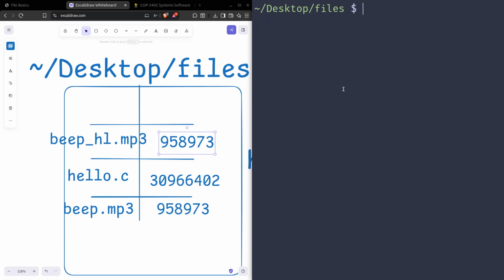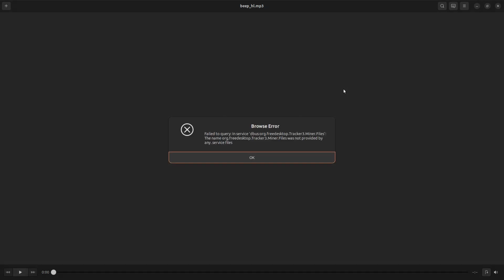And what's cool, just to really drive home the point that a file's name is not associated with its contents, I can actually remove the original beep file here, beep.mp3, and if I open beep.hl, it still works. This is just to reinforce the idea that the file's name is not the same as the file itself. The hard link is just another entry point to that file's contents. So if you want another way to look at it,